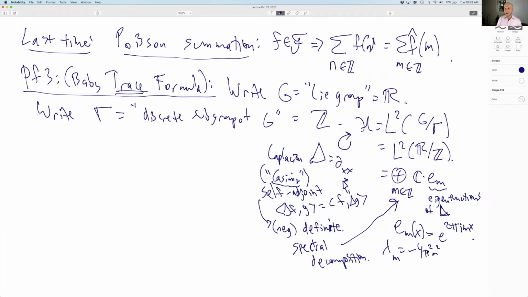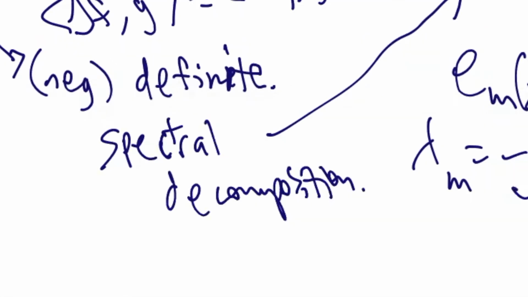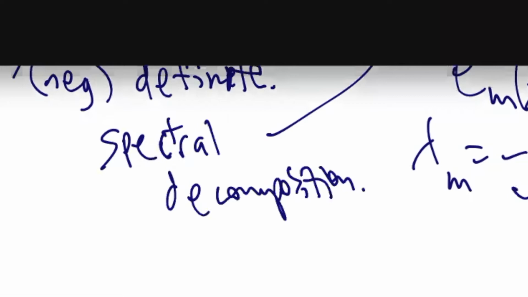What's the spectrum of that operator? Now, this has some multiplicity, so it's not quite unique. It's an orthonormal basis, but I could have chosen differently because minus m has the same eigenvalue as plus m. So I could take some weird linear combination of e_m and e_minus m for this